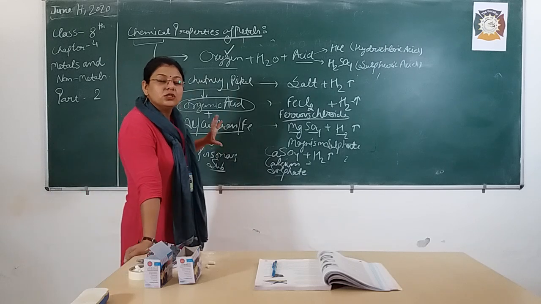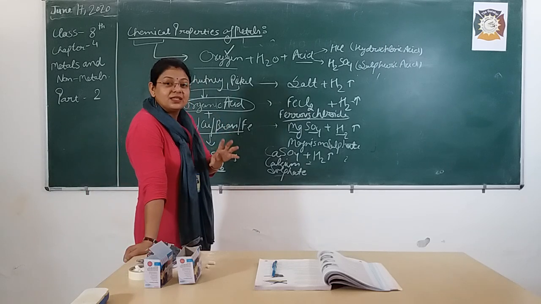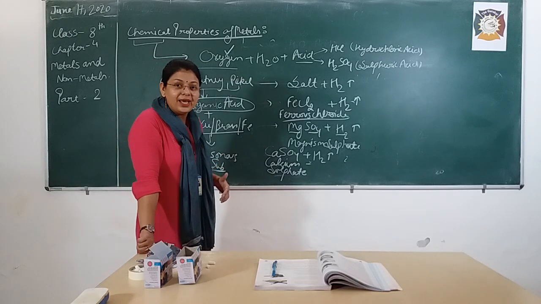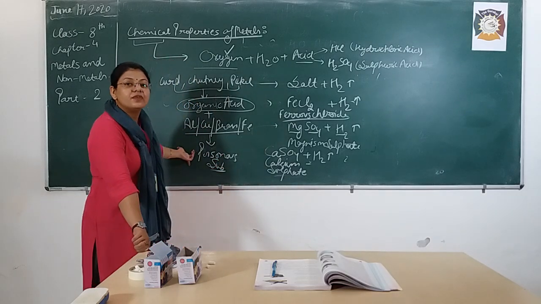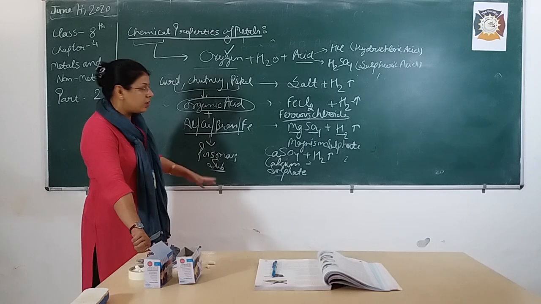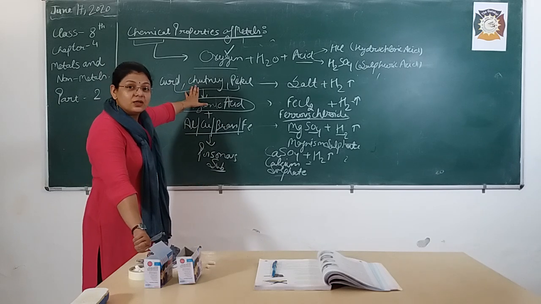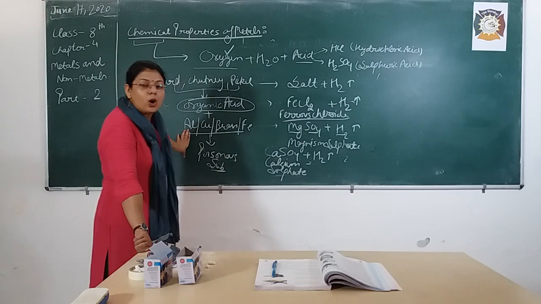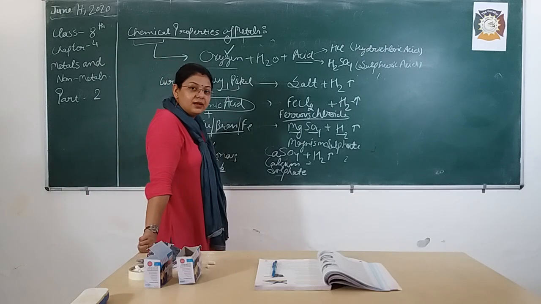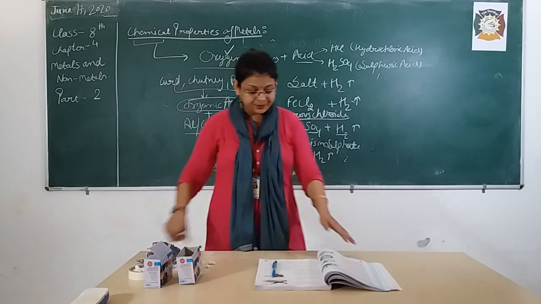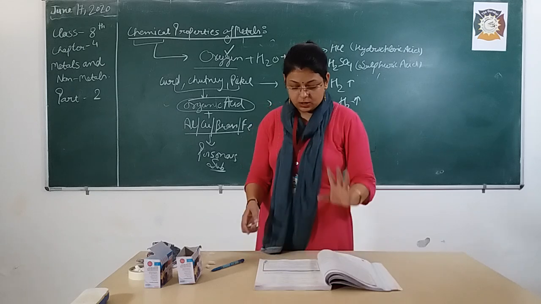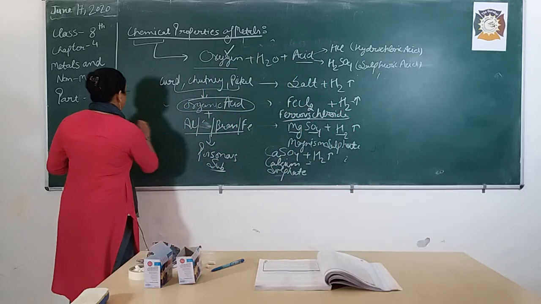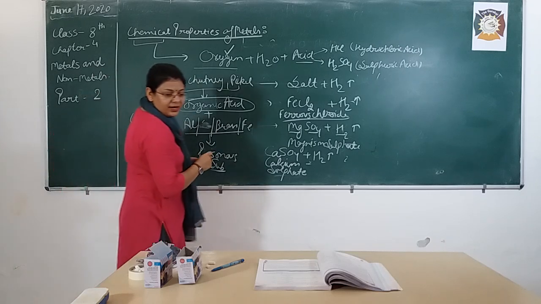Getting my point? So the substance which is formed is very poisonous in nature. If you consume that curd, there is a chance that this poisonous substance is going to deposit inside your body and have a very harmful effect. So never store chutney, curd, pickle in a vessel of aluminium, copper, brass and iron. And there are three elements, copper, silver and gold.